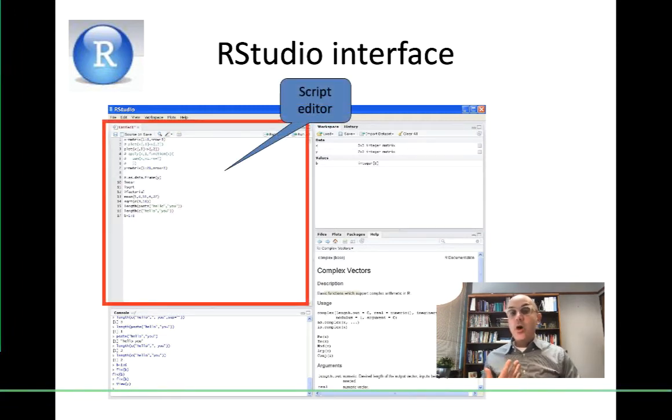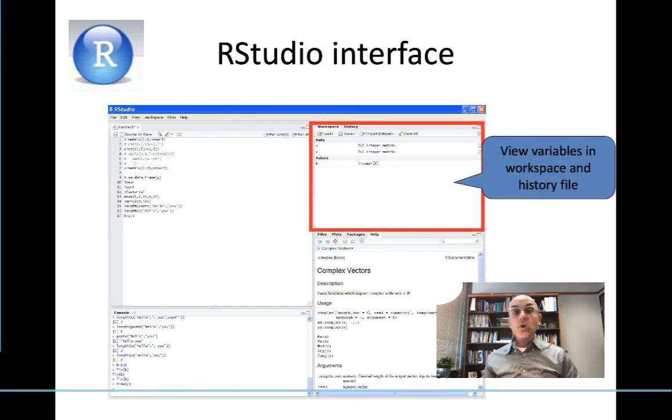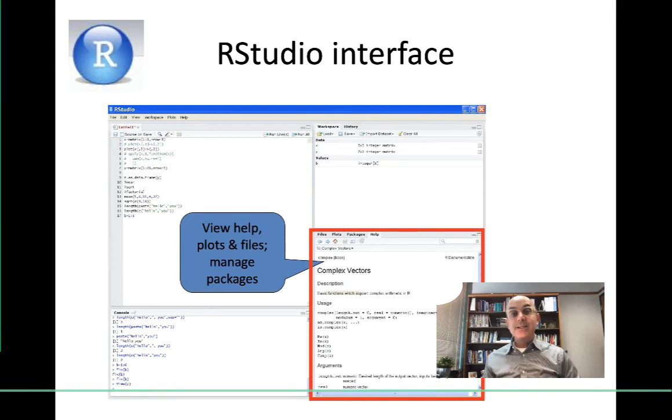The RStudio has 4 windows. The first one is the script editor. The second one is the R console that you already embedded. And then you have the variables in the workspace. And the last place is where you're going to see the R packages, where you can install them, the plots if you are going to generate visualization out of it, or files if you want to upload them to your work